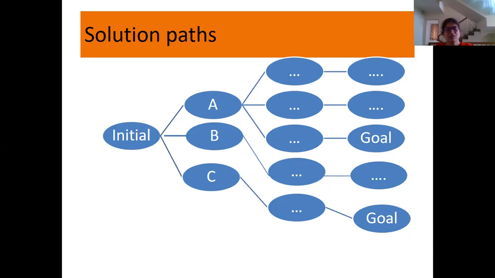And this sequence of actions which helps you to reach the goal state or the set of goal states is called a solution path. Here, if we start initially and reach state A, from state A we have 3 different paths to go, and only one of the paths leads us to the goal state. If you take another path, you reach a non-goal state, that is a dead state, and the solution is not found. Similarly, you can see here there are 2 goal states, so you can have more than one solution.